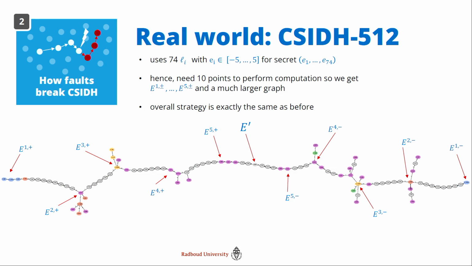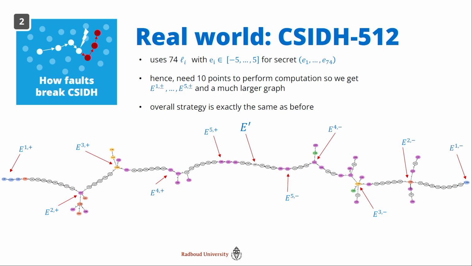So in this example, I think we did 100 runs, and we injected, for example, 10 times the first point and 10 times the second point. And in the end, we got this sort of graph structure. And then in this graph structure, if you start connecting everything, then you can see that at the left you will recover this E1 plus, and then a bit closer you get E2 plus, E3 plus, E4 plus, and E5 plus. And in the middle there is the public key that you were actually trying to compute, this E prime. And if you continue on the right, you get E5 minus, E4 minus, E3 minus, E2 minus, and E1 minus.